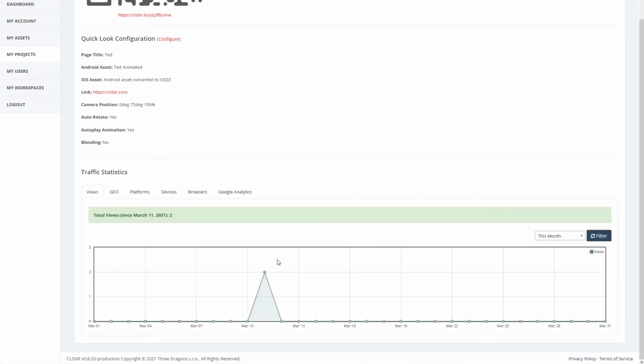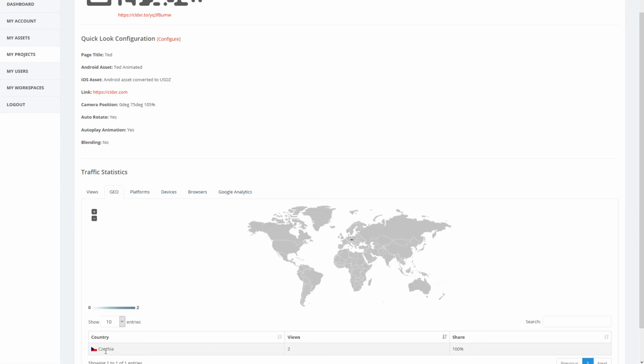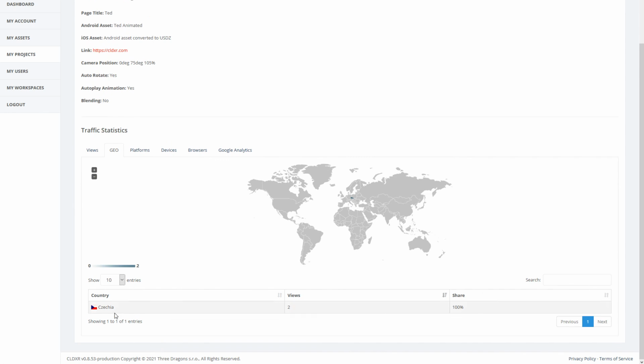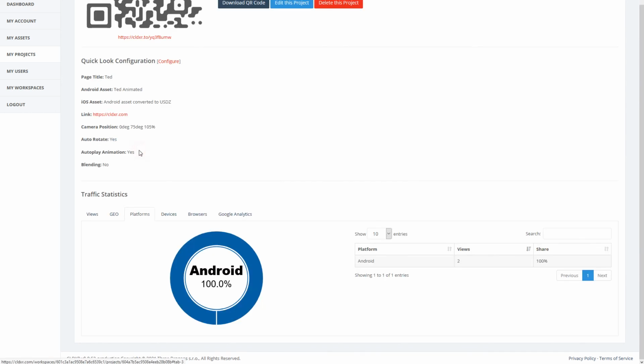Here you can see how many times your AR experience has been opened, the countries your audience is from, the platforms and operating systems they use, the specific devices, and which browsers they use. Everything is anonymous for privacy protection.